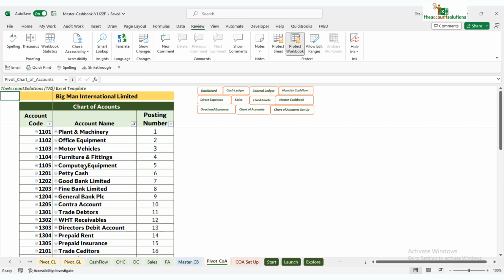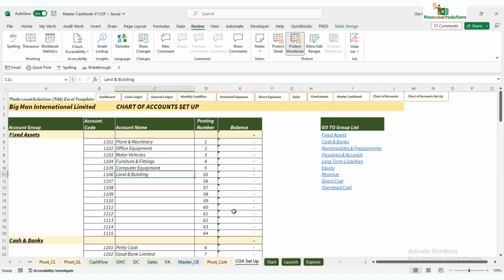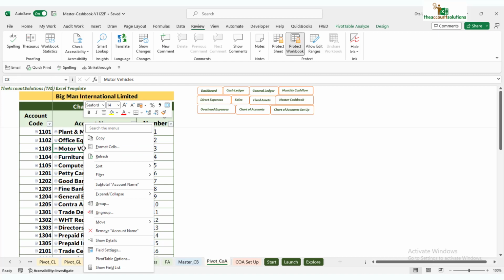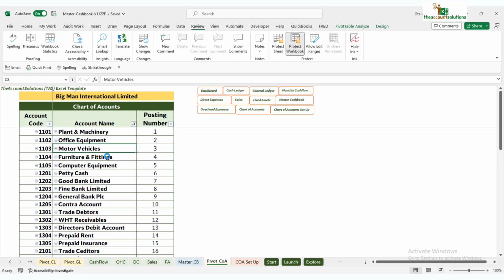Now we've added land and building, but it's not here. We've added staff debtors, it's not here. Very easy to use. This is a pivot table that's generated from your chart of account setup. So we just right click anywhere inside the table, and you will see the refresh command. Just click on it. Fine, you can see land and building here,